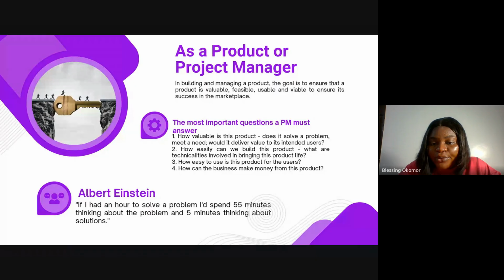It's possible. Then it's usable, it's something that is simple for users to use. The dress you are selling, you see a 3XL person, you are selling a 2XL product to the person, trying to convince the person.